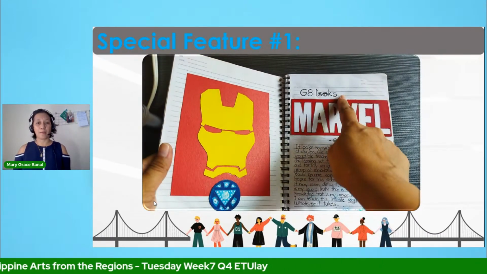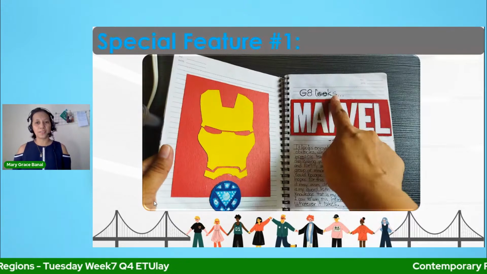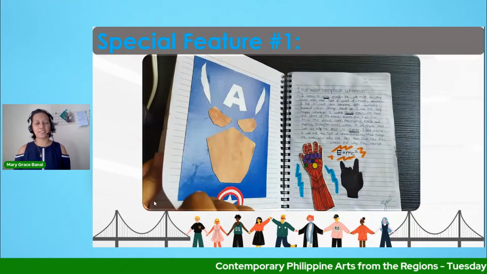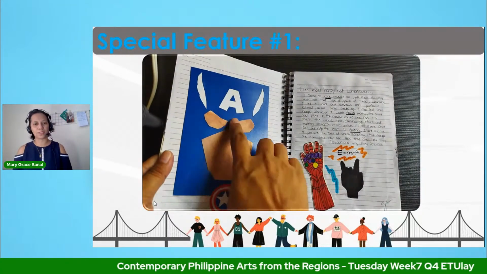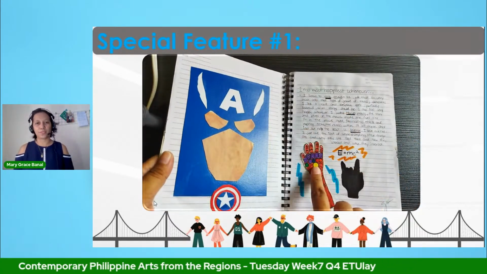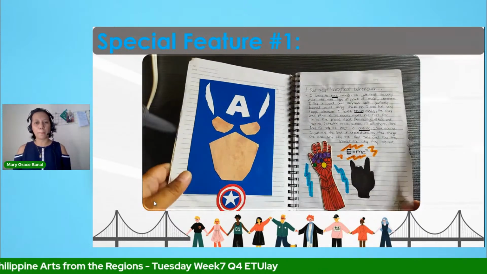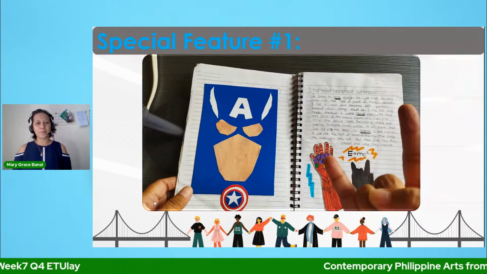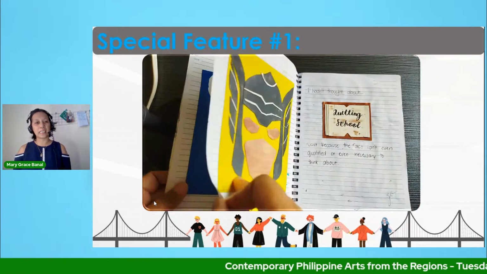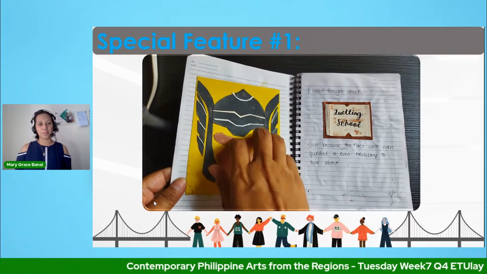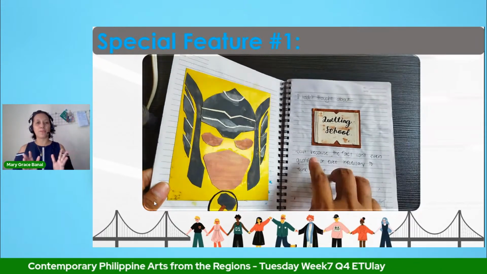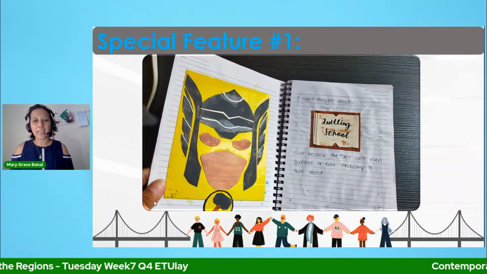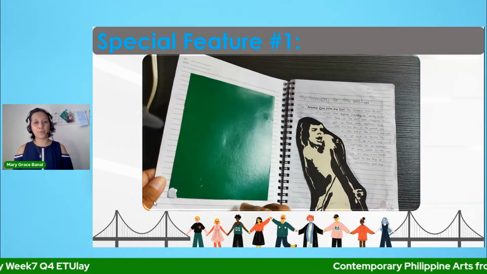This is the prompt. Grade 8 looks, for him it says marvel, and then you see the OUS under it makes it marvelous. So for him, grade 8 is marvelous. Then you have the second prompt, I feel most happiest whenever. In the first few entries, you will notice that he's into Marvel superheroes, so the theme of the first 3 entries are all about that. Then on the next one, the prompt is I hadn't thought about, and his answer is quitting school.